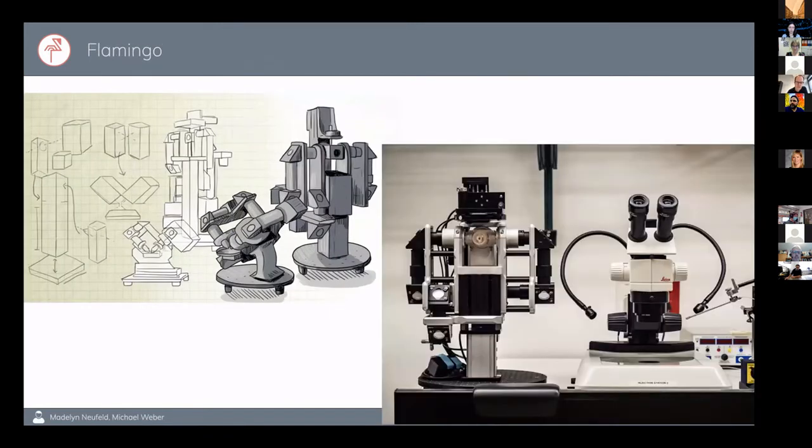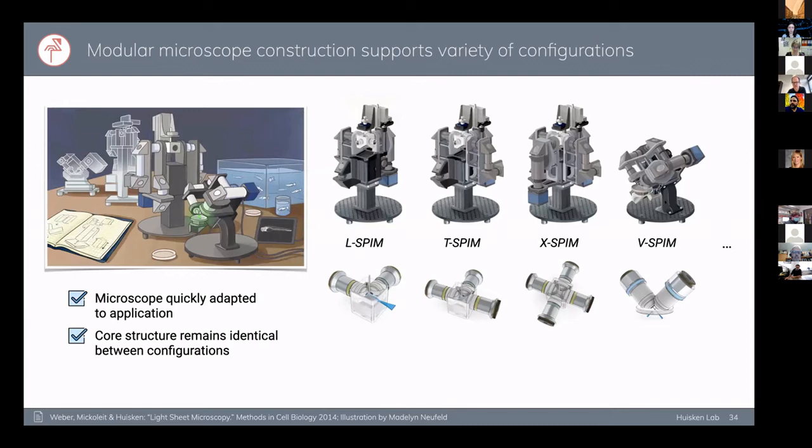And so what was born was this Flamingo, which happened to be also very compact. So the instrument itself has the same performance as what we used to have when we built instruments on an optical table, but at the same time, it happened to be so compact that you can easily put it next to like a stereo microscope, as in this case. And most importantly, it was modular in a way that we can build multiple different light sheet